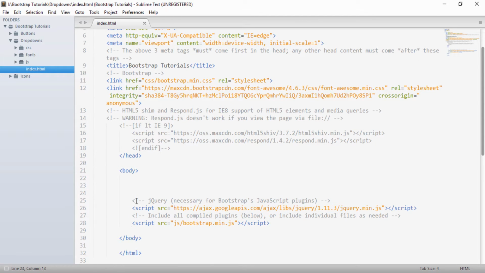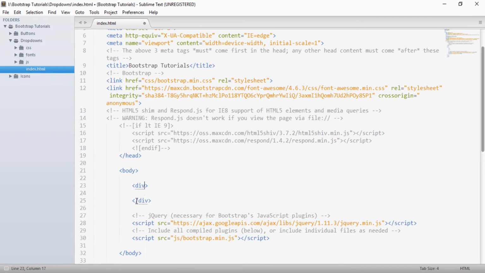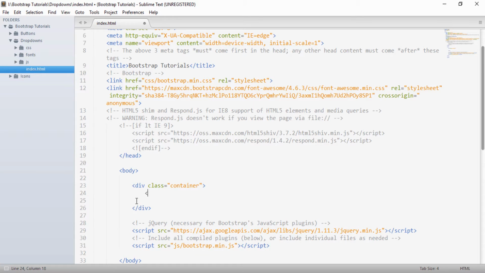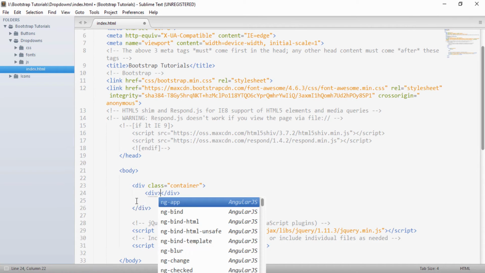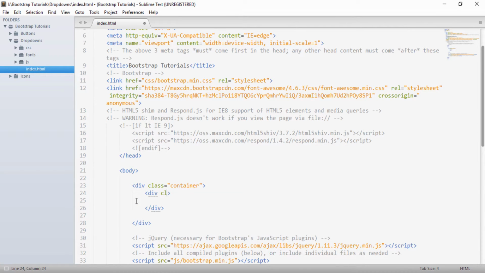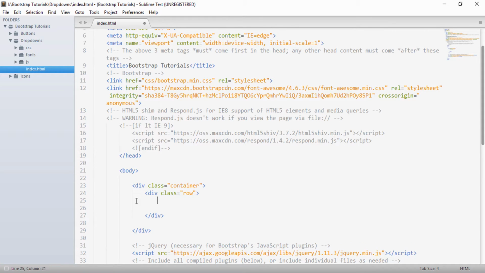In the body element, I will start coding. First I will create a div, and to this div I will provide a class of container. Inside this container I will create another div having a class of row, and inside this row I am creating a grid of 6 by 6 columns to demonstrate the different types of drop down menus available in Bootstrap.